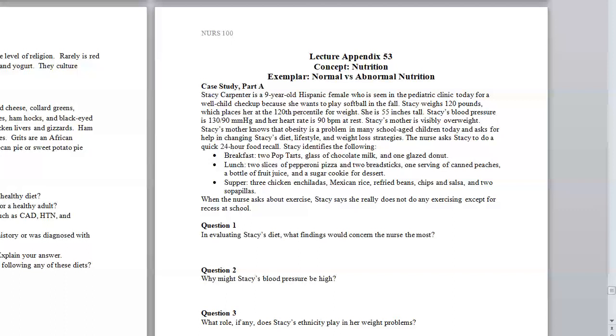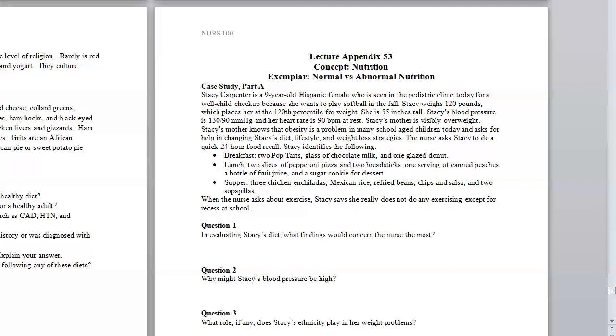So we have Stacy Carpenter, who's a 9-year-old Hispanic female who was seen in the pediatric clinic today for a well child checkup because she wants to play softball in the fall. She weighs 120 pounds, which places her at the 120th percentile for weight. She is 55 inches tall. Her blood pressure is 130/90 and her heart rate is 90. Stacy's mother,